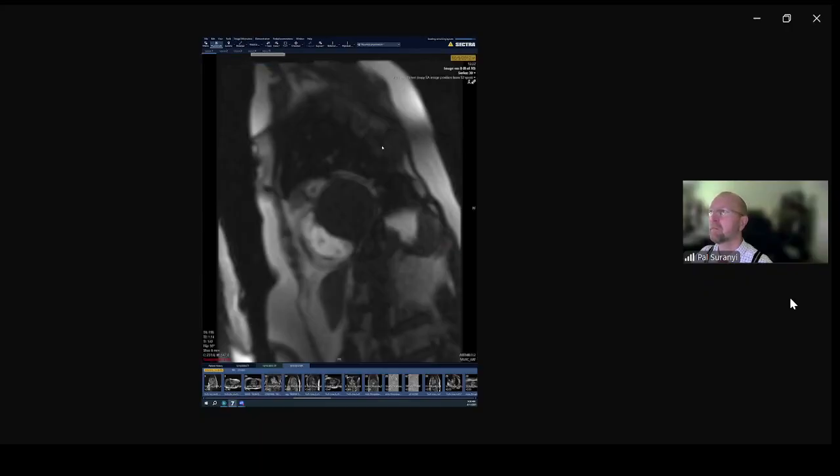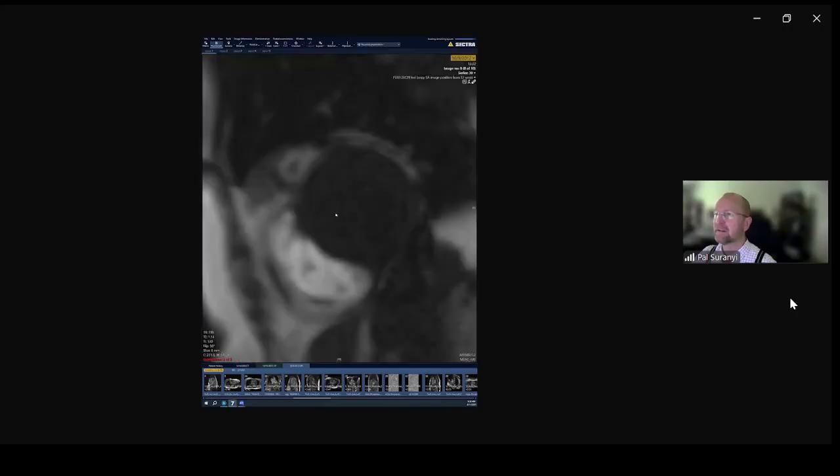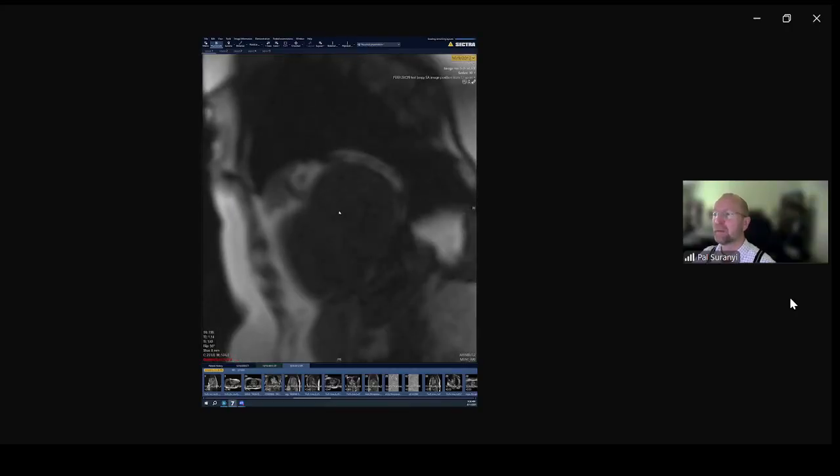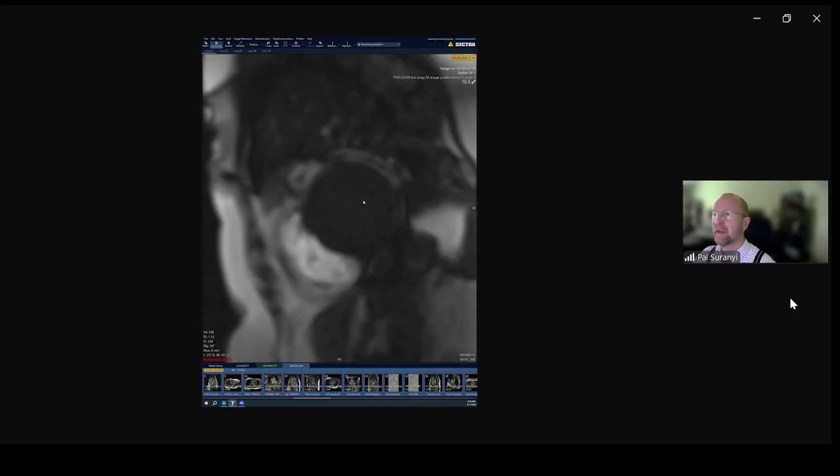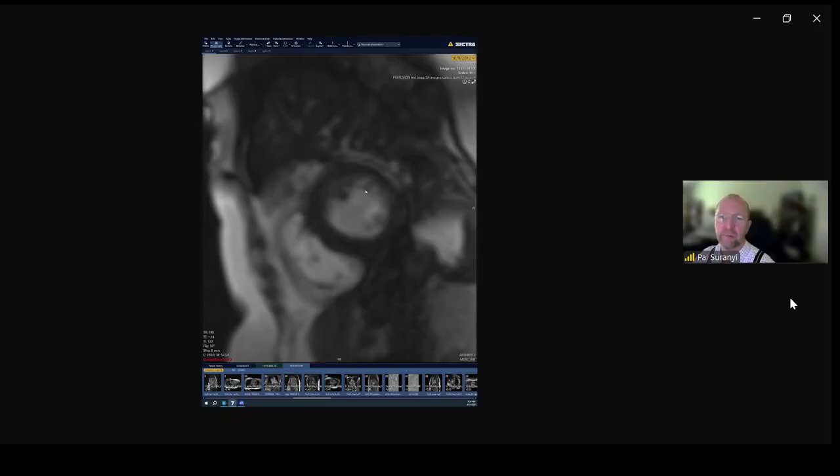So this is a first pass perfusion, sort of closer to the base of the heart. Just routine, not stress, just resting first pass perfusion. Patient had history of hypertension,